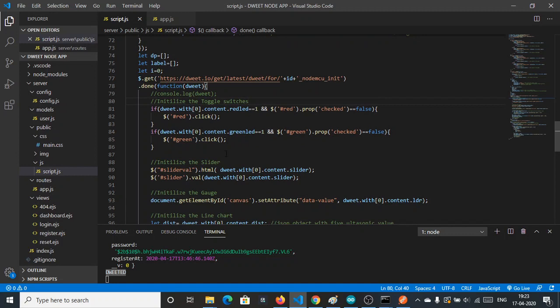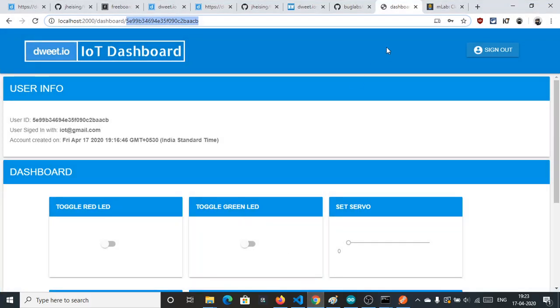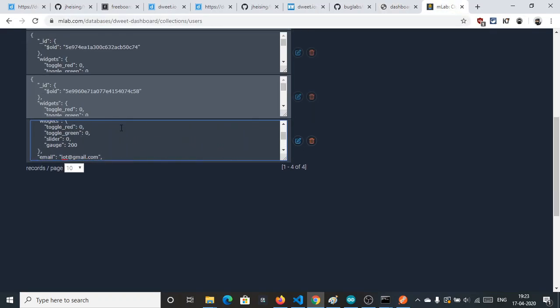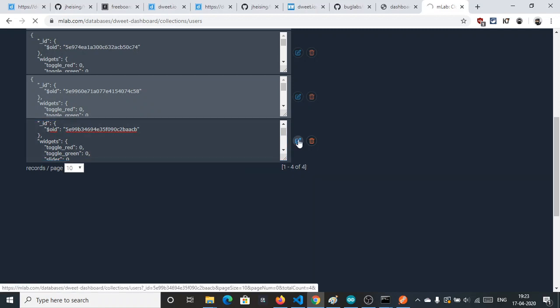The thing which we are doing here is basically checking the content. If the red LED is on, we will click the red LED with our database. Like I need to show it here. As you can see, toggle red is off here. Let's edit this, let's make it on.